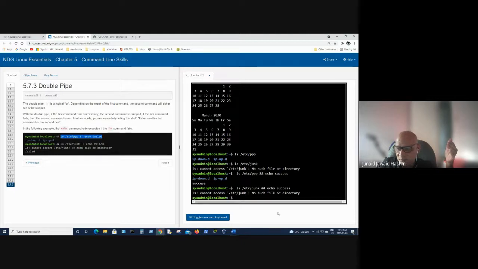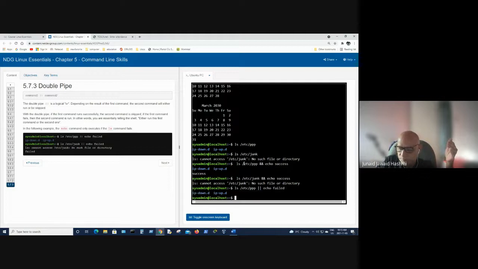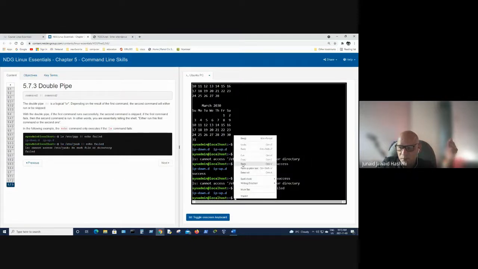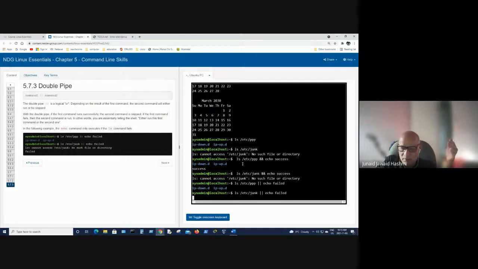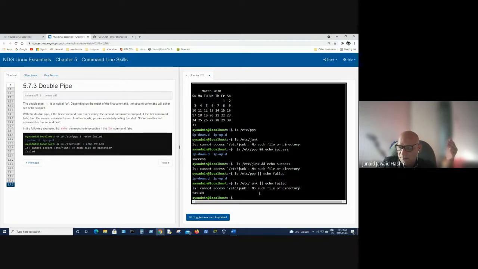So let's type the same thing, echo fail. Here, etc junk. Remember, it was not available. It doesn't exist. So the first command will not be successful, right? And it still displays the result of the echo, even though the first command was not successful. All right, that's the end of